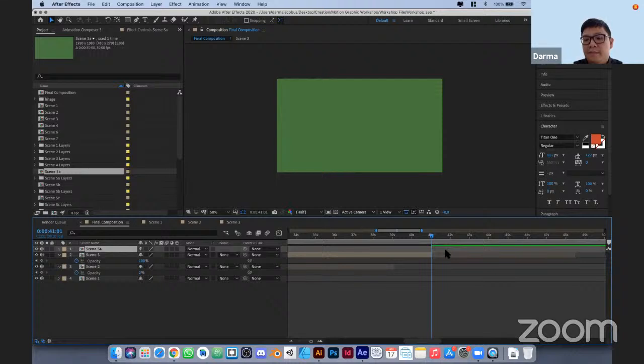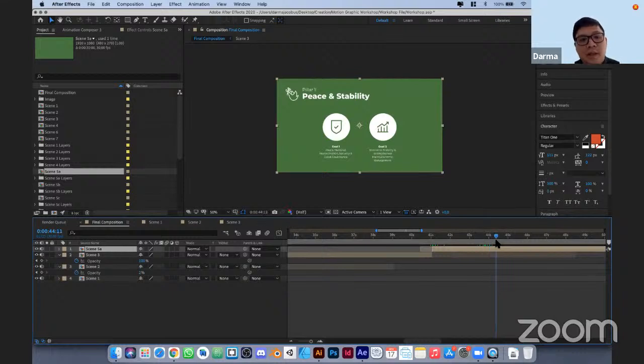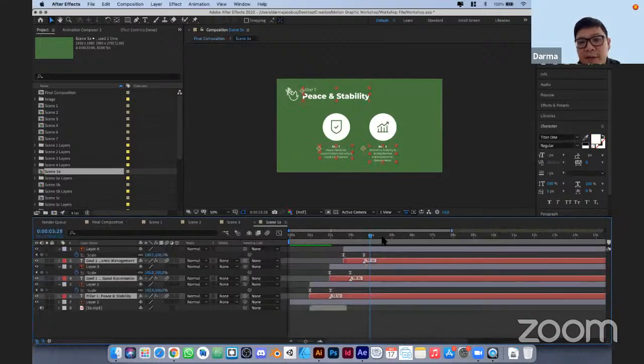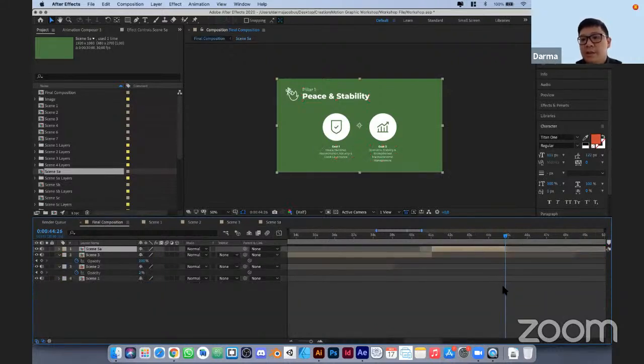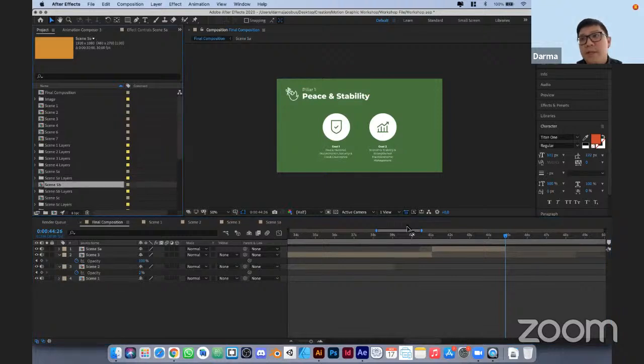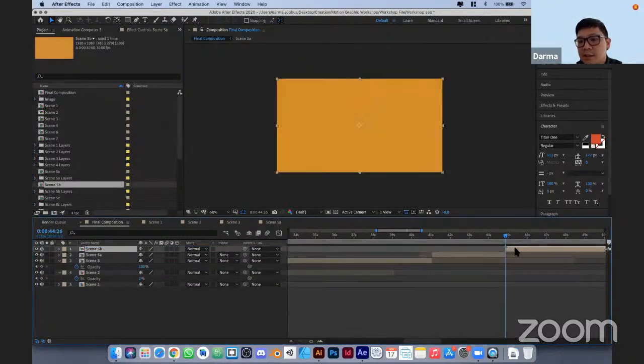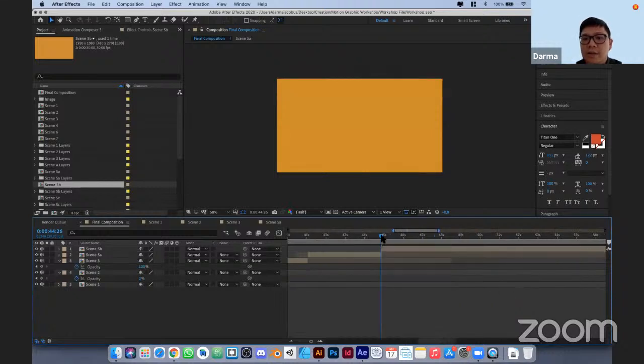So in scene 5, we put scene 5 in there. Whenever the scene 5 is already started, but because there is 1 second threshold, I will just shrink this node down. So it will have something like that. And again, in scene 5A, we will just add maybe around here. Go to the final composition and close it. 5B, same thing, until you get,